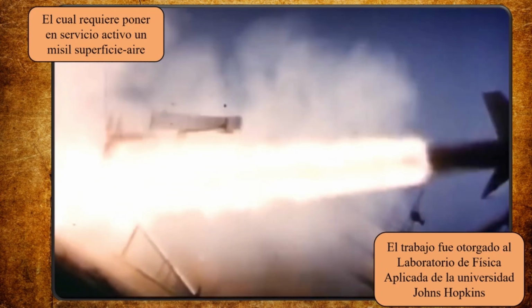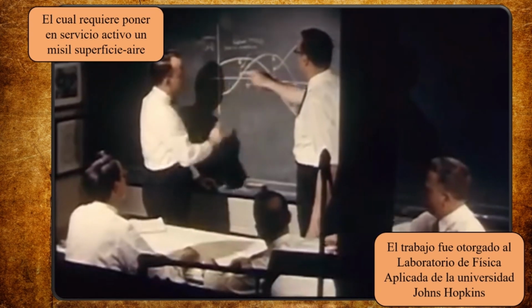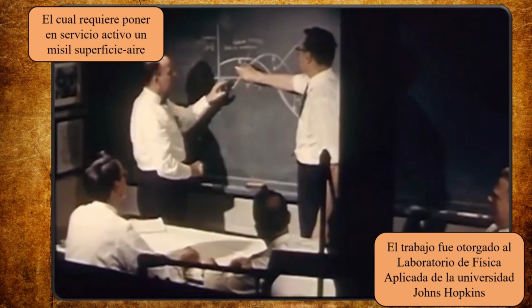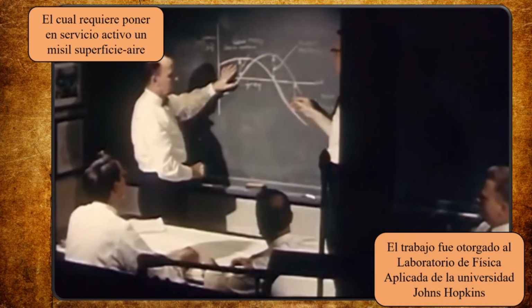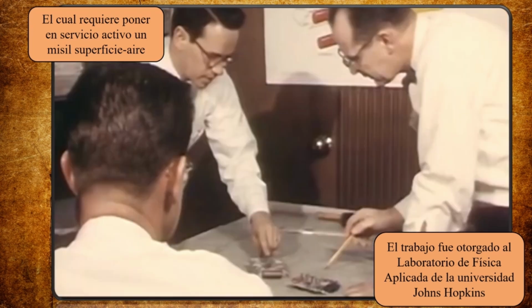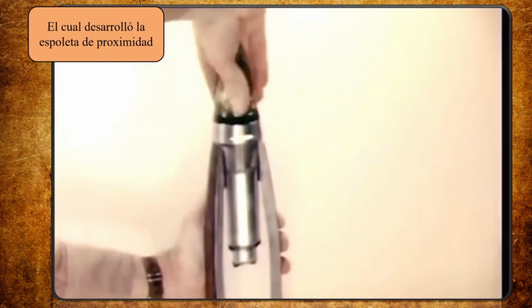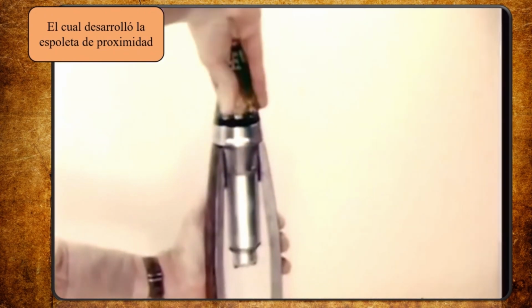That project was given to the Applied Physics Laboratory of Johns Hopkins University, which, in 1943, had given the United States Armed Forces the proximity fuse, a fuse which was used on large caliber projectiles to detonate those shells near a target. And that fuse greatly improved the effectiveness of the US Navy's